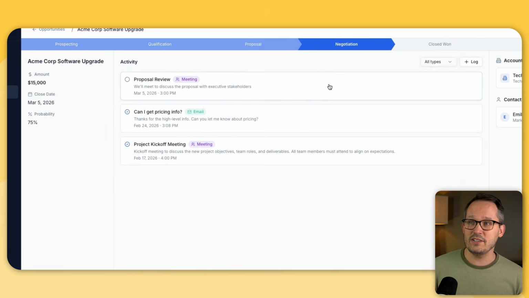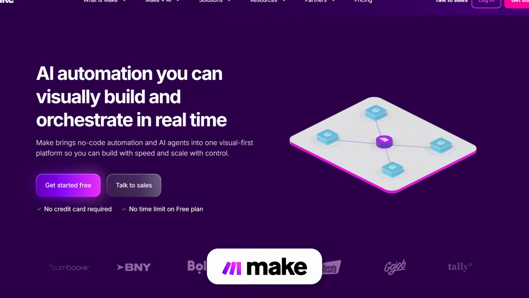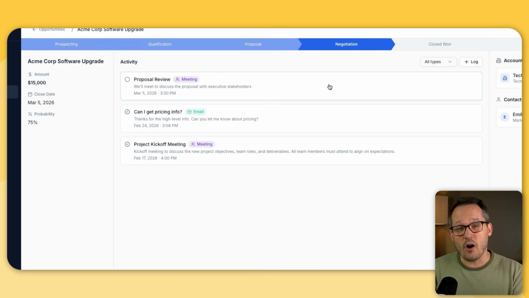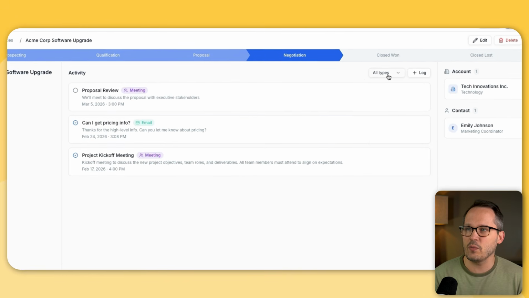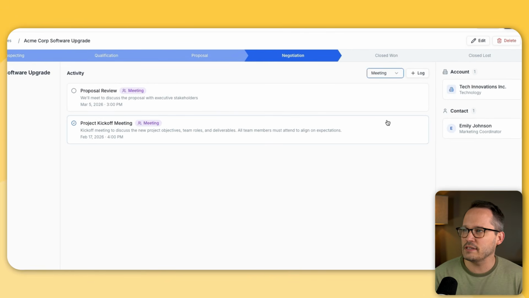That's an easy way to do it, but it's even easier if you want to connect your database to your actual tooling. Now we can do that with Zapier or Make or N8N to be able to have all of that information flow into our system because there's an API that Zite has where you can push all that information in. And coming in the future, it's going to have a lot of additional integrations as well. But again, we can choose specifically the kinds of information we want showing. For example, maybe I only want to see my meetings and we can